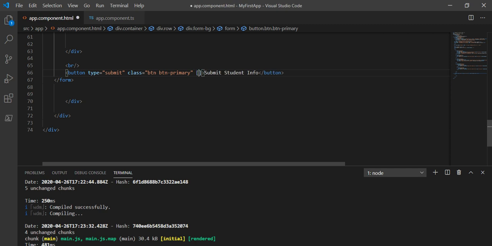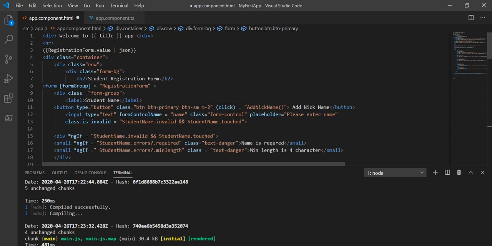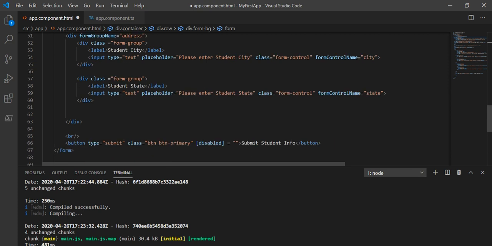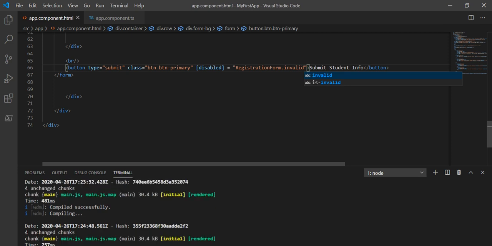I will write it here first, disabled, like it will be disabled until this registration form dot invalid, like it will be invalid until we remove all the errors.